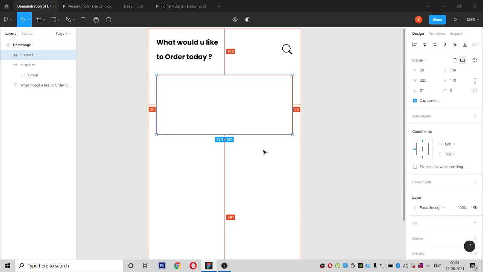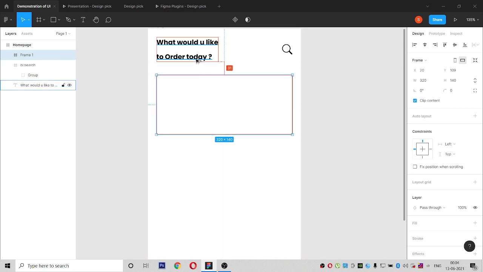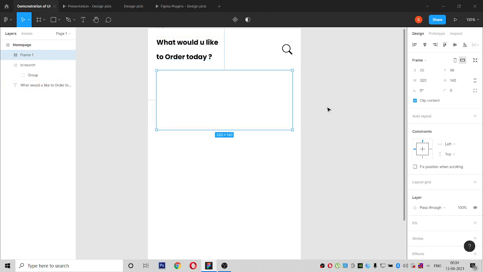Click on Alt, don't press any control, just click on Alt and leave the mouse from the current window, and you can see those spacings. And if you see, up this and this frame are 31, so I'm going to place it 20, it's enough.